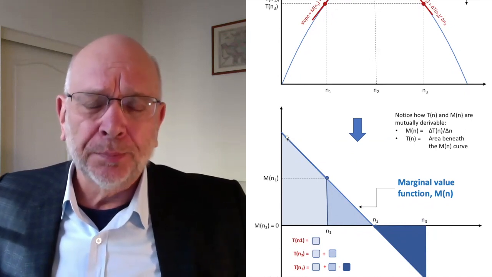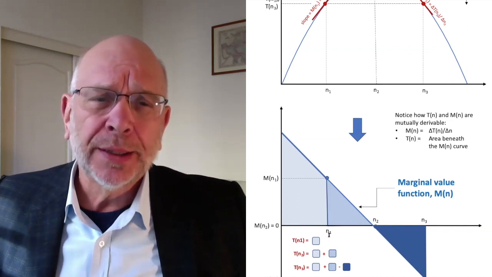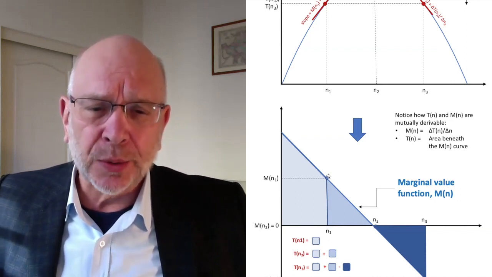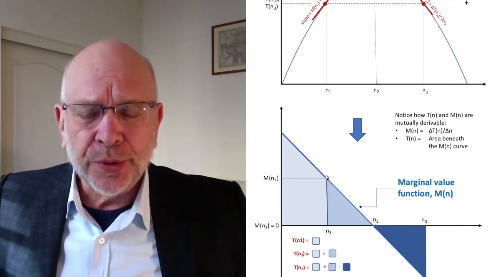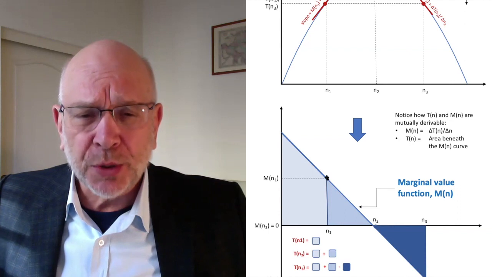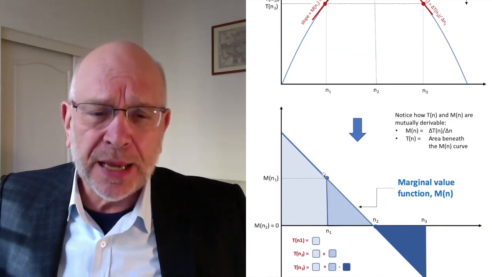So, for example, at n1, we've indicated the marginal value here. So the total value, if we want to recover what the total value is, it's going to be the area